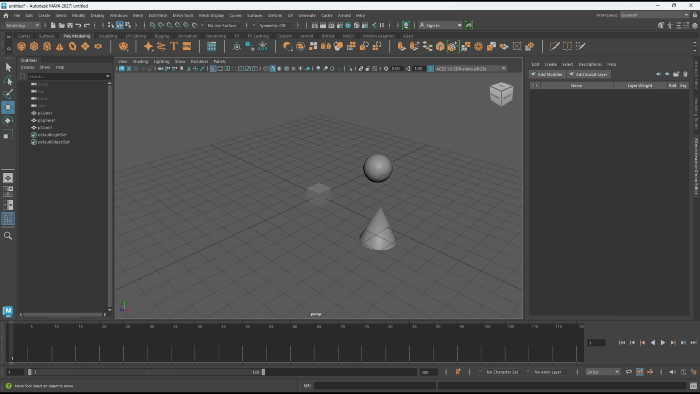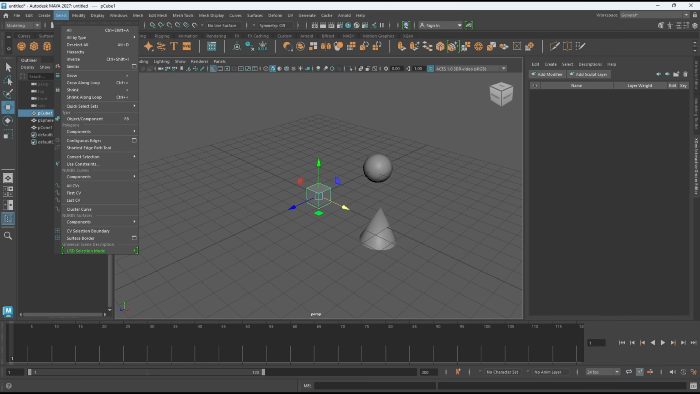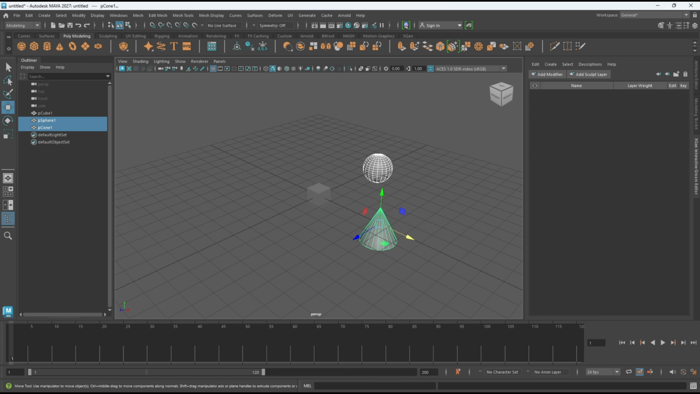Now I will select this cube object, and if you want to invert the selection, you can go to the selection menu and click invert, so it will automatically invert the selection. Okay, we'll select again this cube,